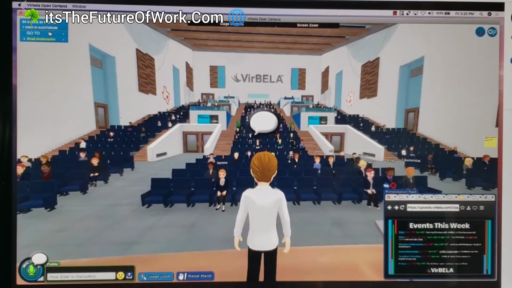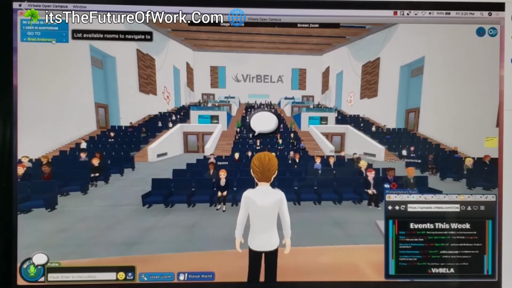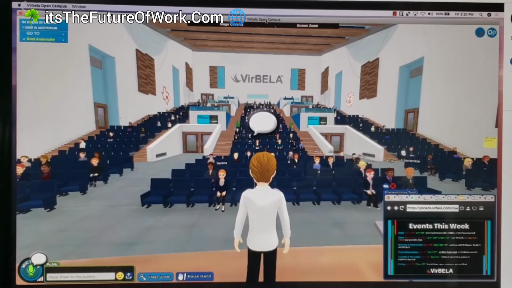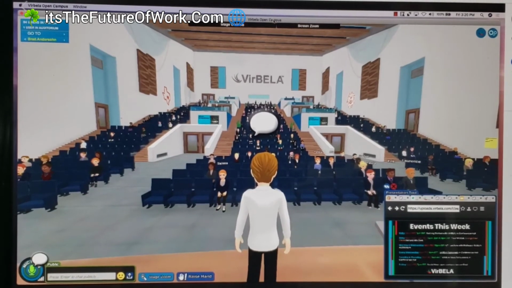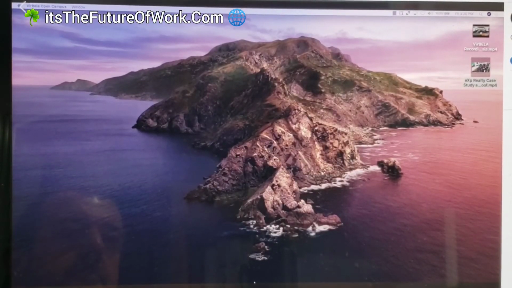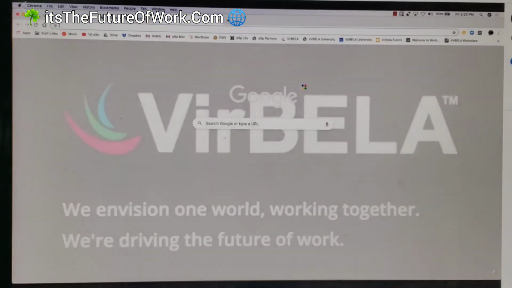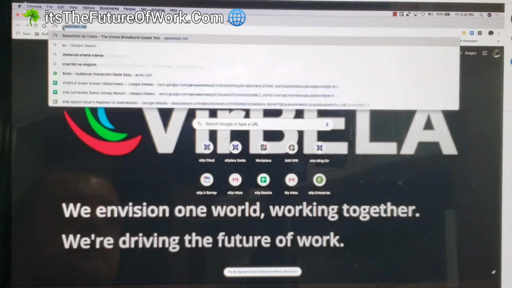The last two things I'm going to share with you to give you the best experience in this environment have nothing to do with what we're doing here right now. I'm just going to show you what they are by removing this screen, and I'm going to pull up a web browser, and I'm going to show you what I use every day to check one thing, and that's just my internet speed. It's called